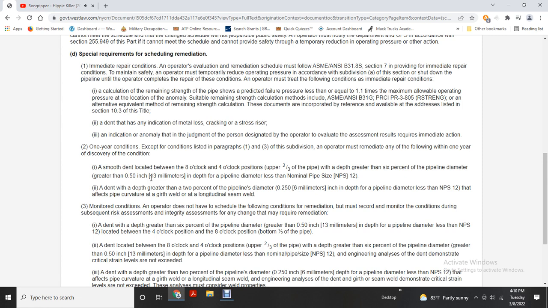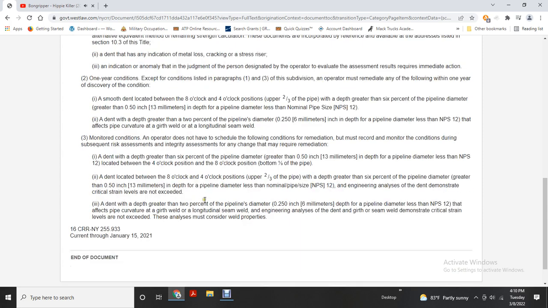Depth greater than 2% of the pipeline diameter and depth over the pipeline diameter of less than NPS 12. The effective pipe curvature, girth weld, longitudinal seam weld. 3. Monitor condition. The operator does not have a scheduled following condition. Remediation must record monitoring of current conditions during subsequent risk assessment and integrity assessment for any of the changes that may require